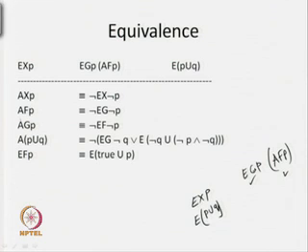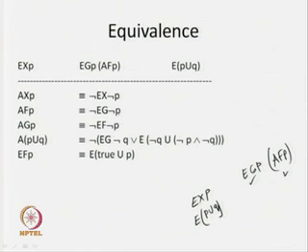Now, if AF p, then what will happen? Say I have EG p, then AF p is nothing but not of EG not of p. So, if I know the procedure for EG p, then we can look for AF p, or on the other hand, if I have AF p, then I can evaluate EG p. That is why I am saying that I can take either of these. So, I have this equivalence: AF p is equivalent to not of EG not of p.